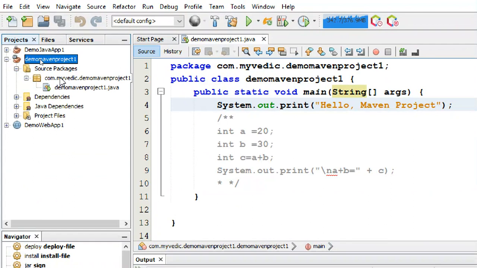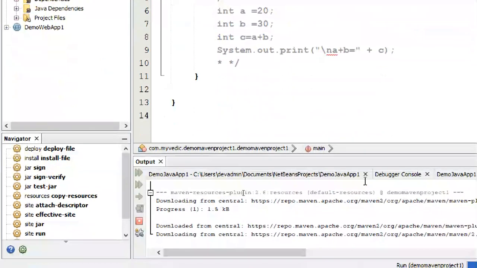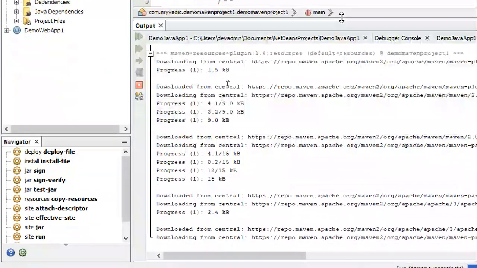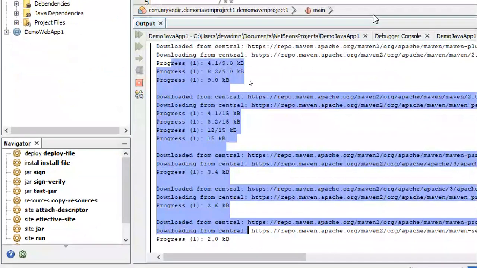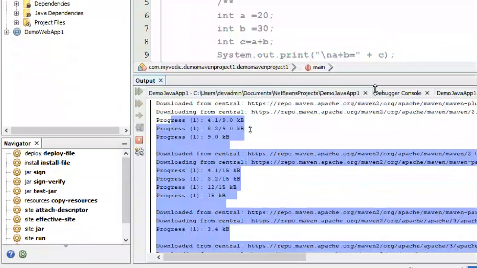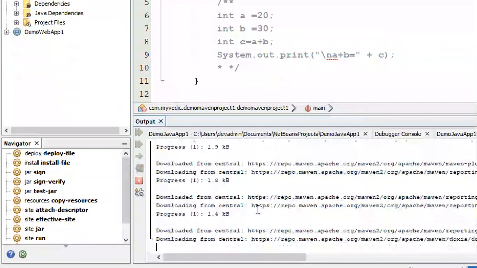What is this packaging meaning? It is nothing, just like a subset only. Like your normal domain naming, no? The actual meaning of domain is a particular area or a particular thing. Initially it will download all the Maven related repositories first, and then it will do the remaining things. It is just running the project, right? So that's it.